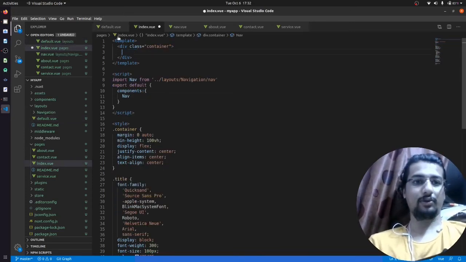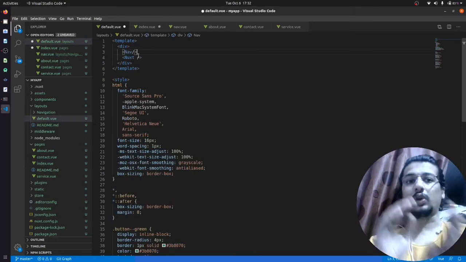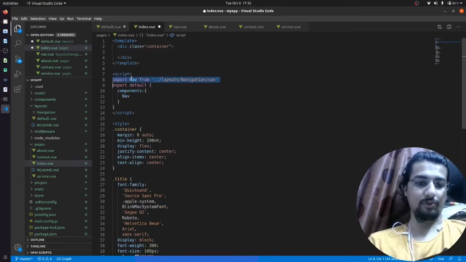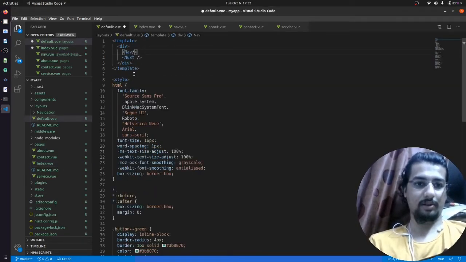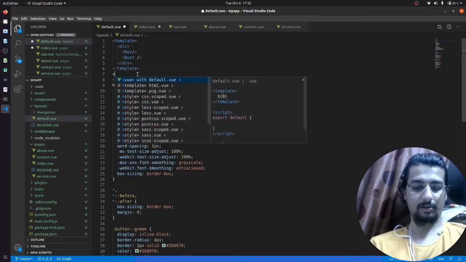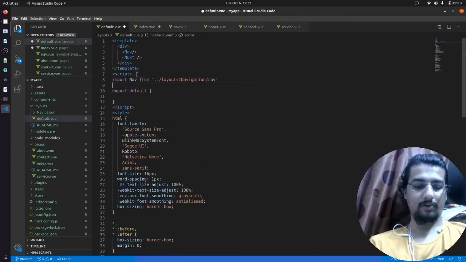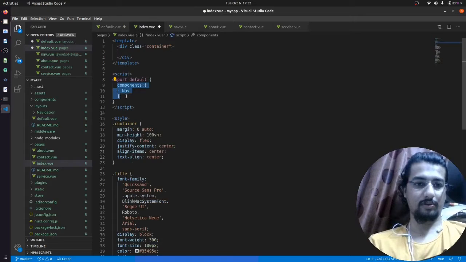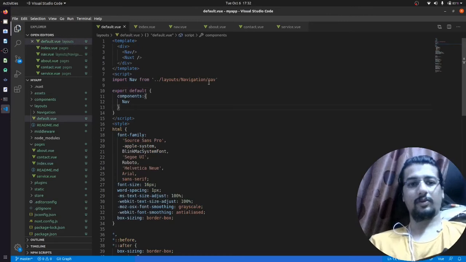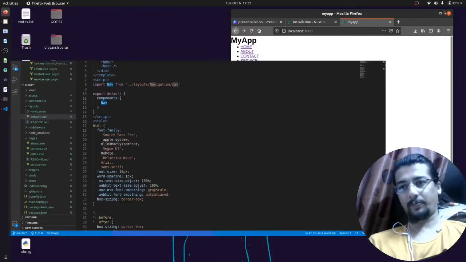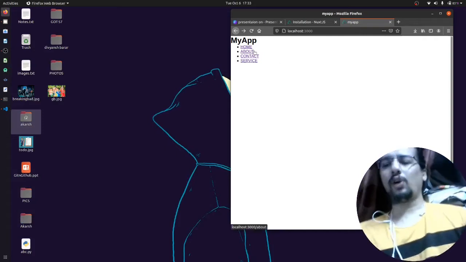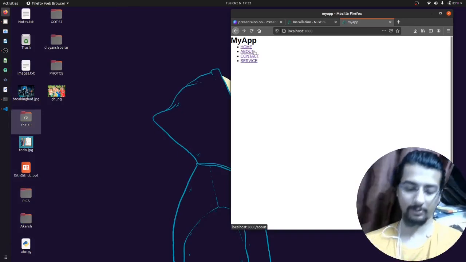Okay, contact, it will take you to the contact, but service, I think I should include this thing here. The nav part should be in the default part, because we want these things on each and every page, and then we want to use this cut with the script tag. Okay, then we paste this here, save, save. Okay, we have a navigation component. You can see that we have our application here.